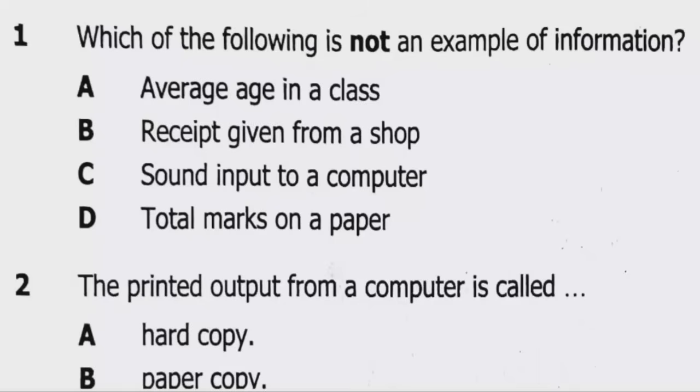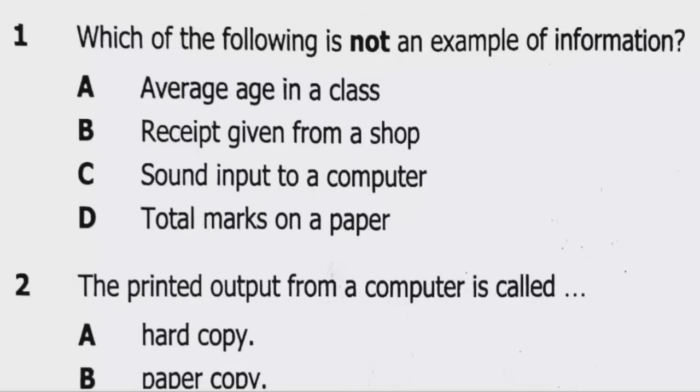Okay, let me skip C and go to D, which is total marks on a paper. This is also information. It is a processed result that reflects performance. It conveys meaningful information both to the student and the teacher. This can also be used to evaluate and give feedback. The total marks on the paper can help a teacher to evaluate the performance of the learner and also